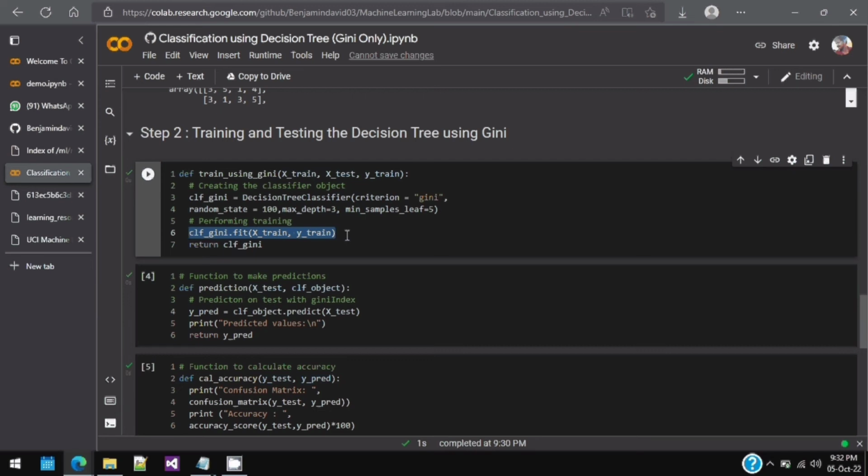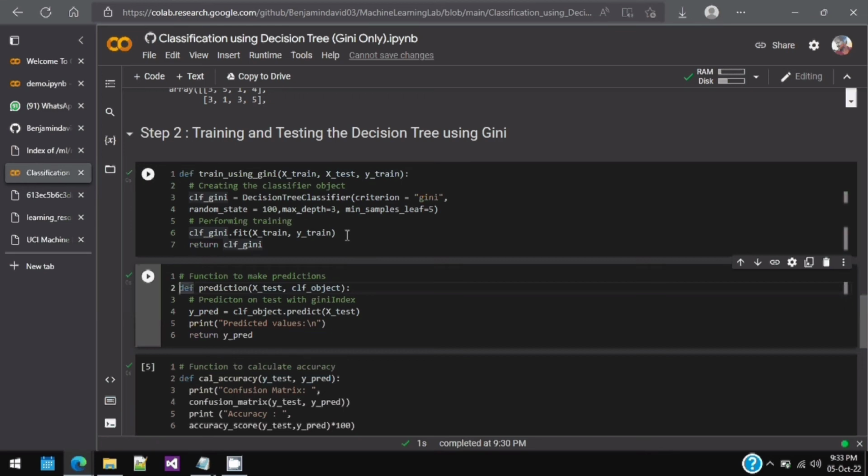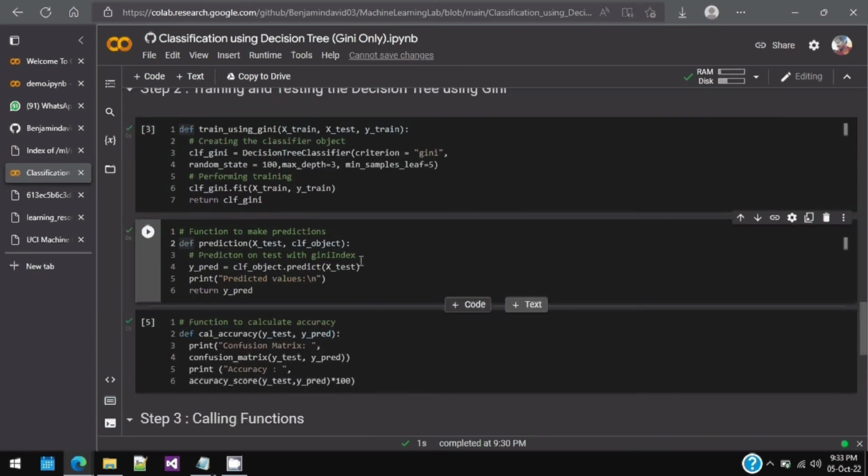So this function actually makes a prediction based on the testing features that is given to the function, and the classification object is the CLF object that is passed as the second parameter. So the ypred returns the predictions, and the next one is the call accuracy. So this is actually getting the test labels and the predicted labels. So what are all the actual labels and what are all the predicted labels? So that is given as the first parameter and the second parameter respectively, and based on this the confusion matrix